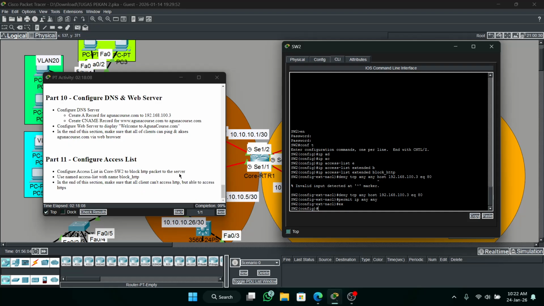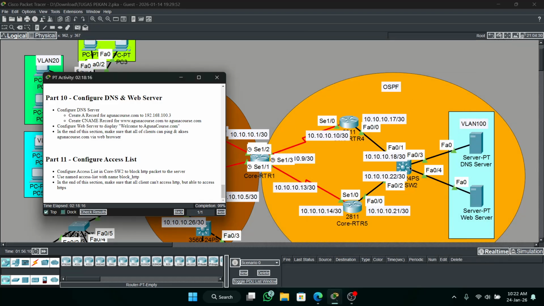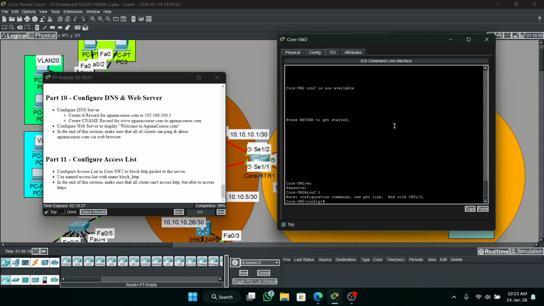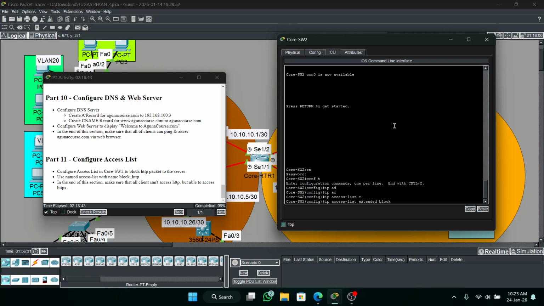SW2. Configure the access list in core SW2. Oh nice. So I think we must, yes, hello Cisco, configure terminal, type the command like before. Okay, access-list extended block HTTP.